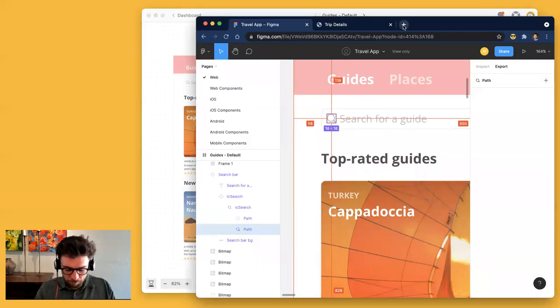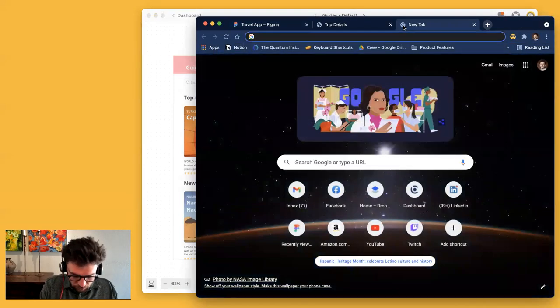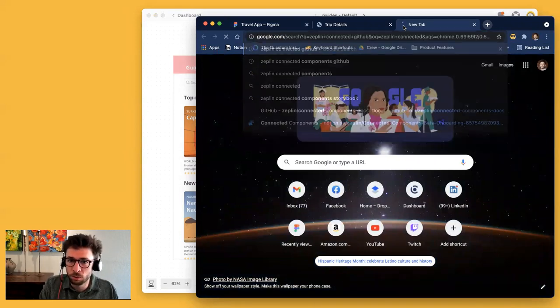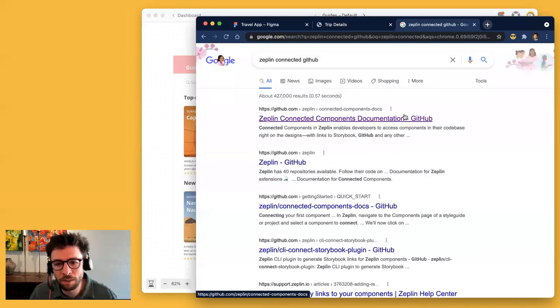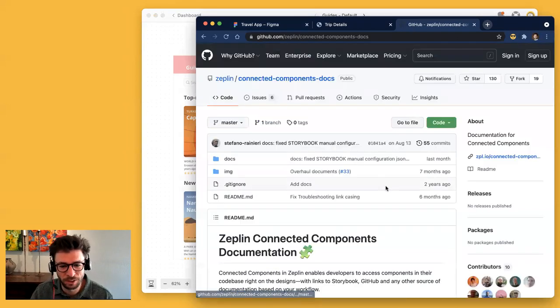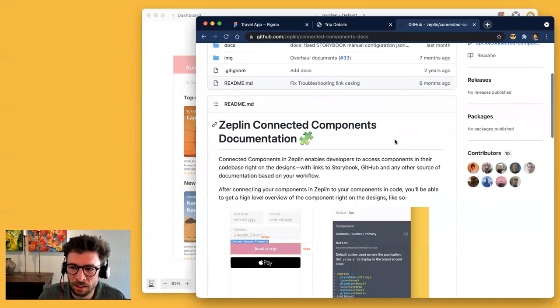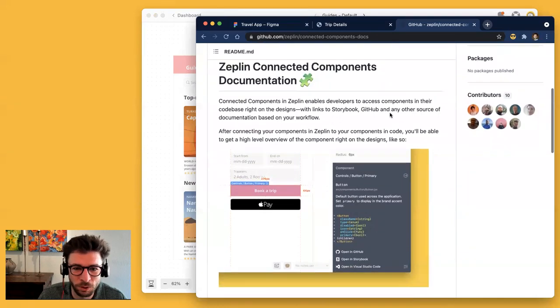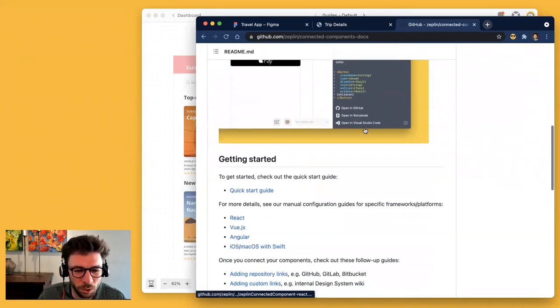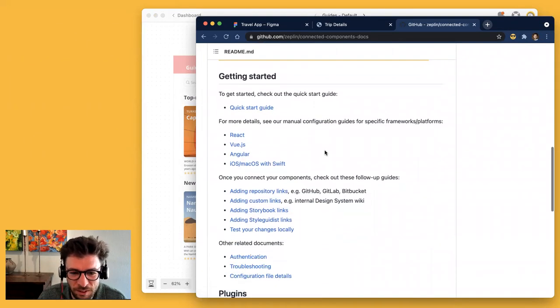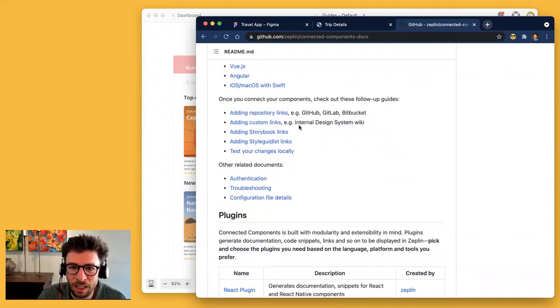Yeah, so what I would recommend doing is going to our GitHub. We have some documentation online about how to set up connected components. At this GitHub URL, it'll walk you through how to get started. It'll show you the different frameworks that we support: React, Vue, Angular, Swift. And then how you can add links to GitHub,